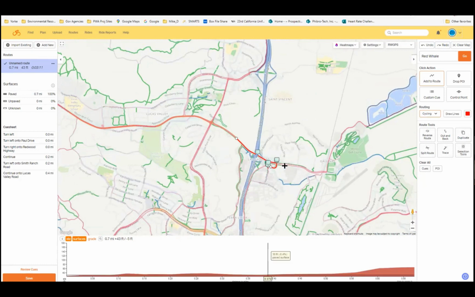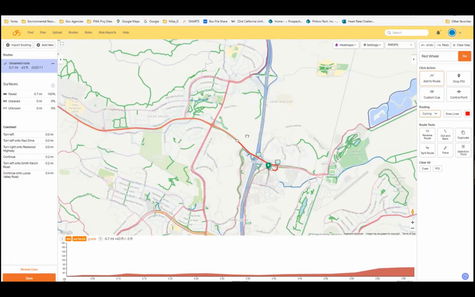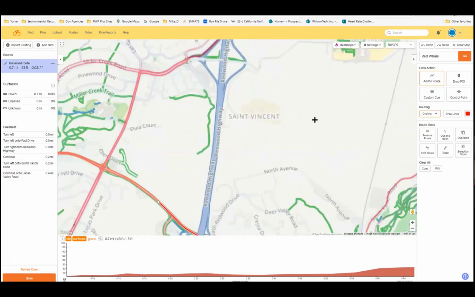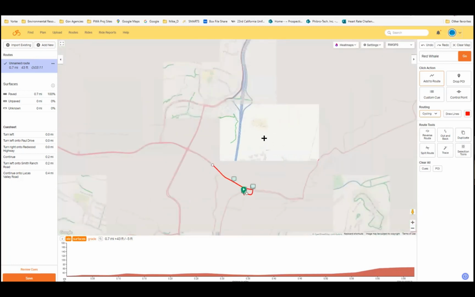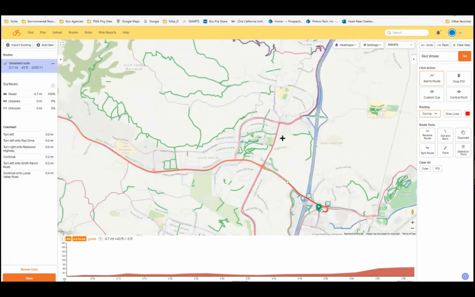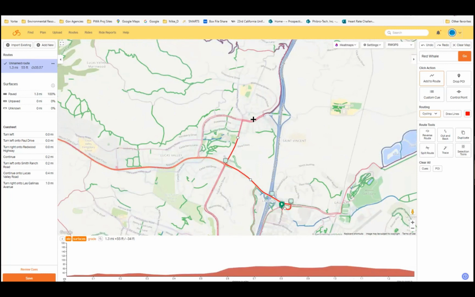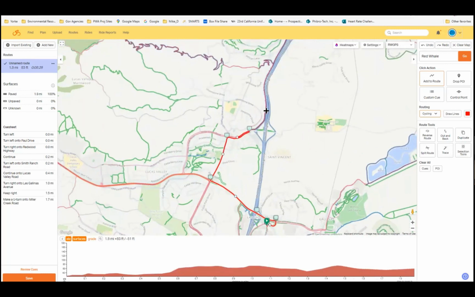And it's always good to follow along. You can look at your cues and make sure that it's routing correctly. Sometimes if you click at the right spot, it's going to send you a different way. So it's good to keep along, and then you always have that undo feature. So I'm clicking along, and then we're going to join the